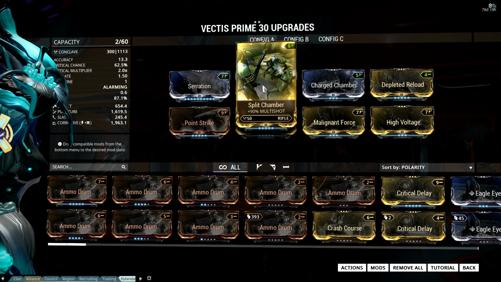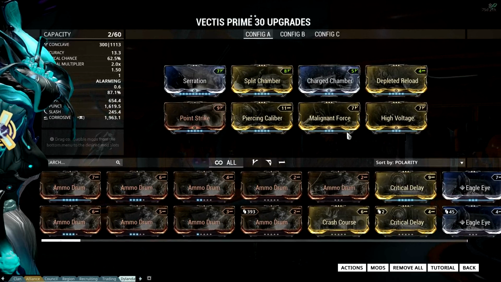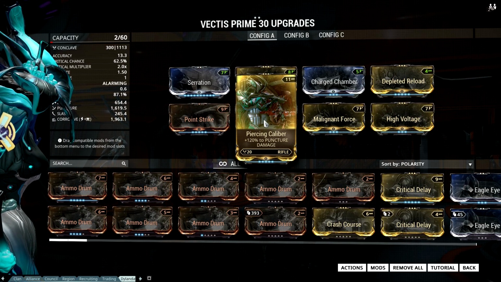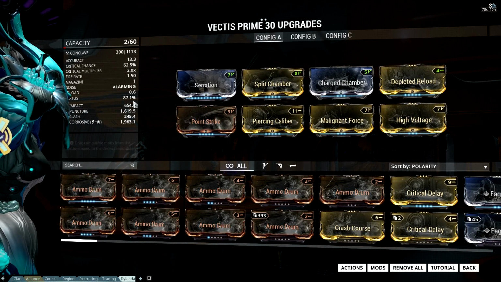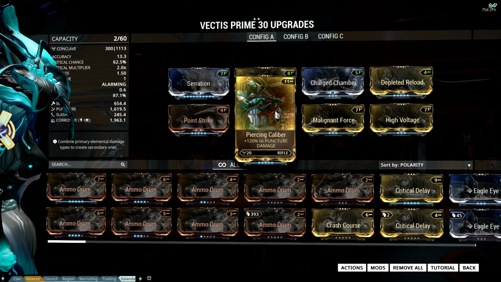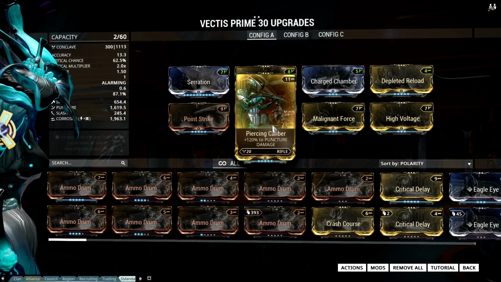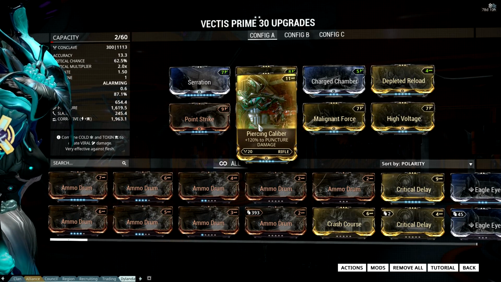With Split Chamber in here, sometimes it'll fire 2 rounds, which I'm assuming both of them should have the 40%. I've added Corrosive on with Malignant Force and High Voltage. I did dump Fast Hands in exchange for Piercing Caliber, because it adds 120% puncture, because I've already got 87.1% status on this. 62.5% crit is nice, so Vital Sense in there would increase the multiplier for the damage, but Point Strike on there does increase it a little bit, but I've just found that adding the extra bit of physical damage helps, especially considering...